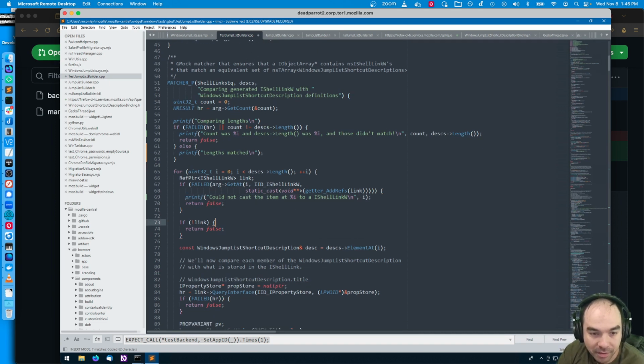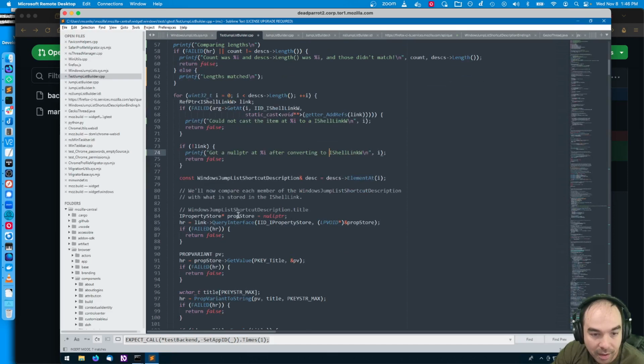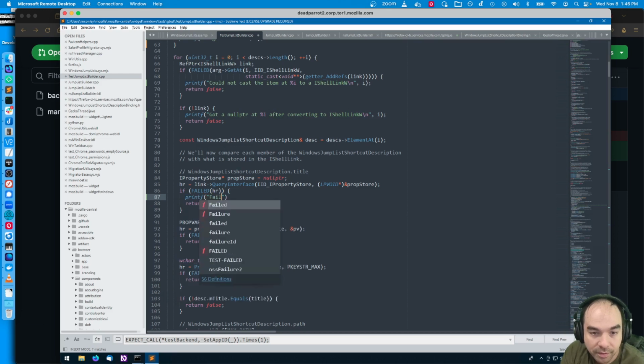Somehow got back a null. Got a null pointer at I after converting to IShellLink. That really shouldn't happen. And then printf "failed to get prop store on"